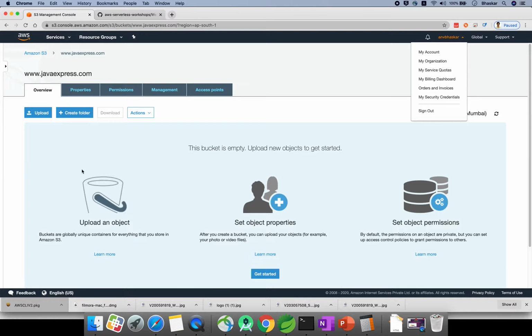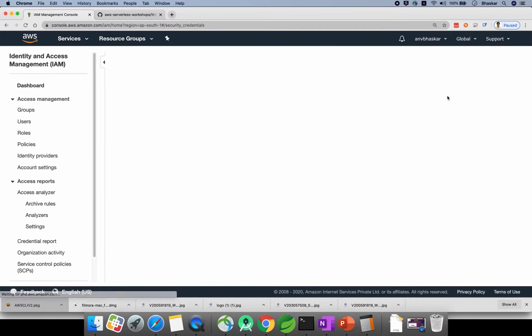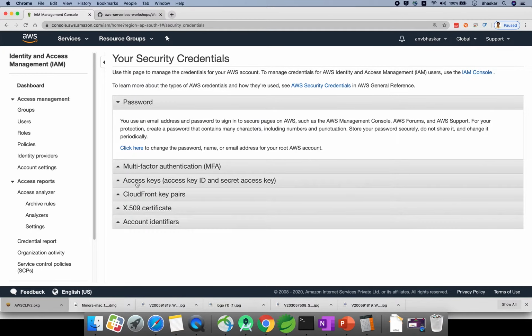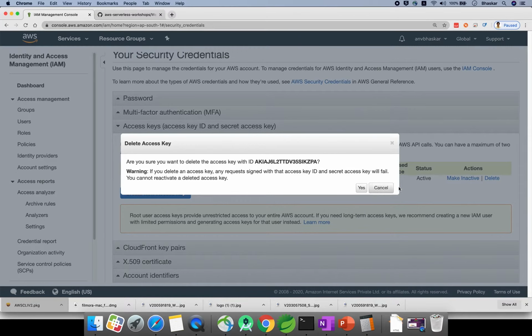If you see, this bucket is empty. Just go and check your credentials, access keys. Just go and create a new access key if you want. I don't have one, I am deleting this access key now.